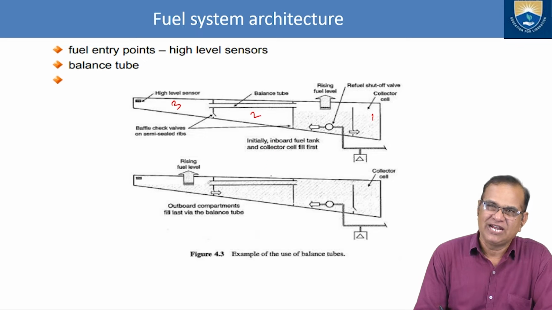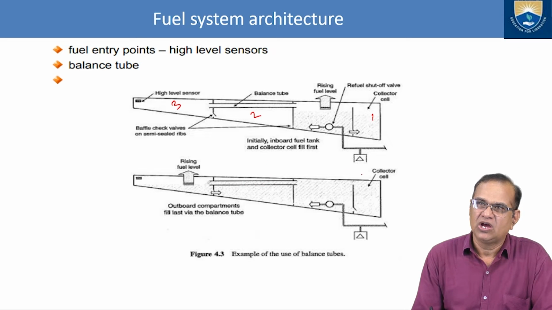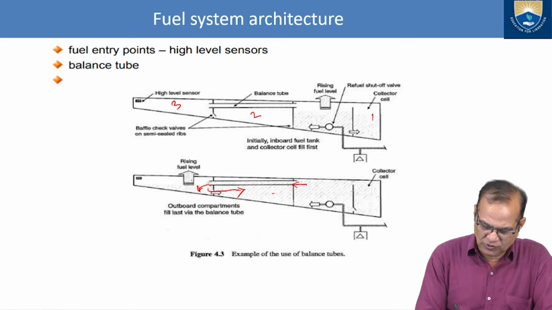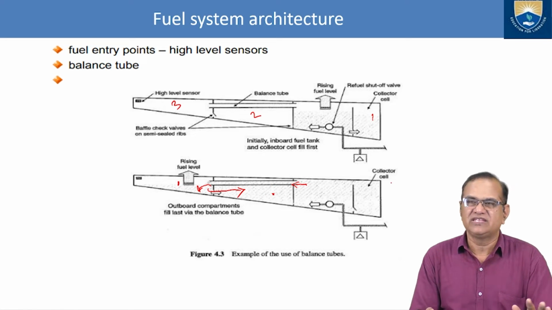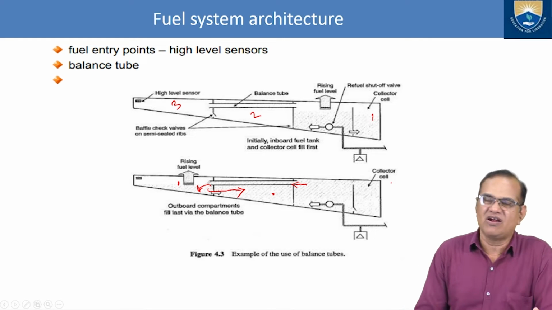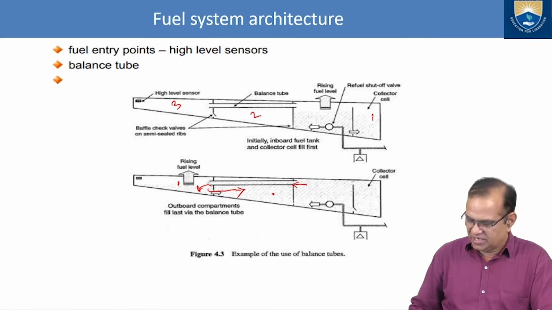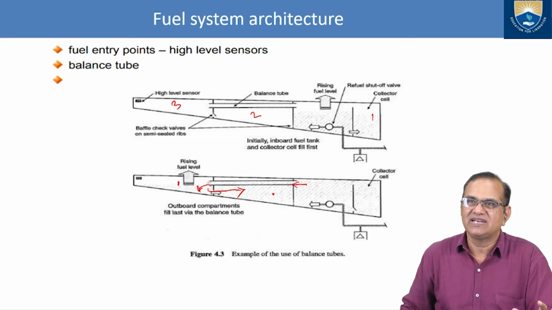So how do these balance tubes work? Here is the collector cell, then here the rising fuel level, and here is the balance tube. This balance tube makes it so that as and when it is filled here, it comes here and fills, then goes here, and then fills here. It will not come here. From here it goes to the last, and from here it goes here. In this way, the balance tube makes sure the aircraft wings are balanced with an equal amount of fuel